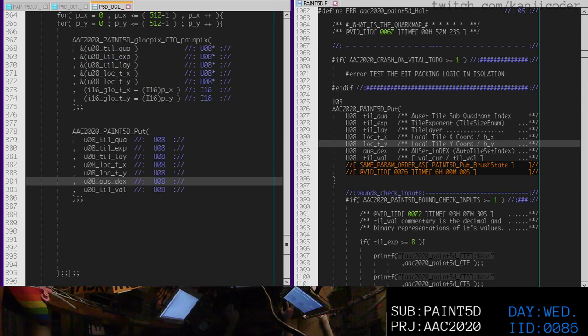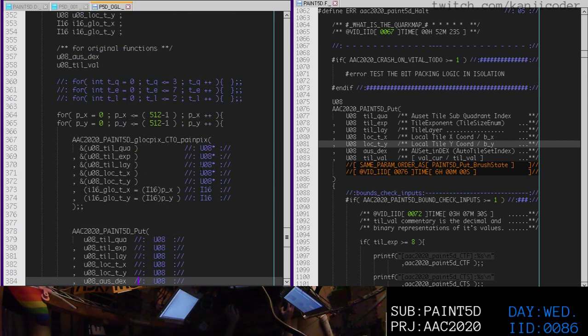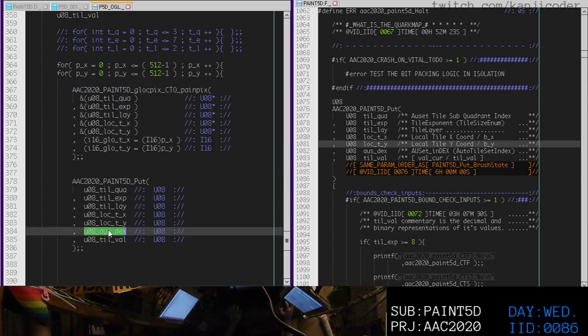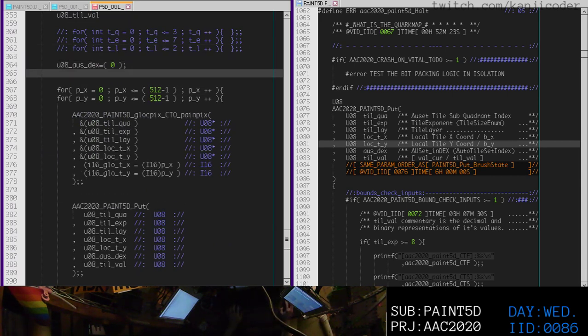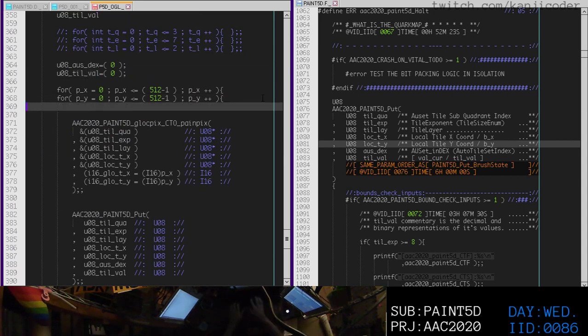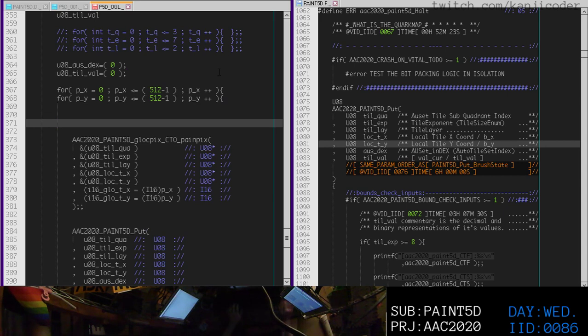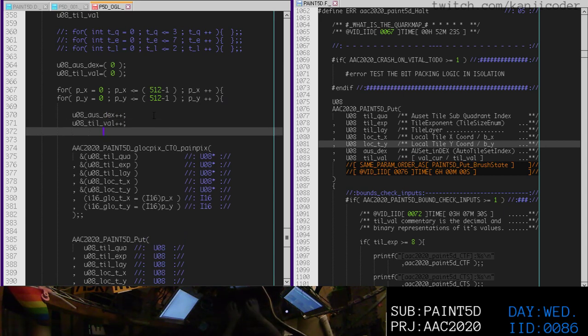Okay, so OSDEX and tile value. What do we want to do? I guess, how about we just set them to something and do a little simple formula to just increment them. You know, increment them, and then if we get to the limit, we just roll over. So, plus plus, and then, you know,